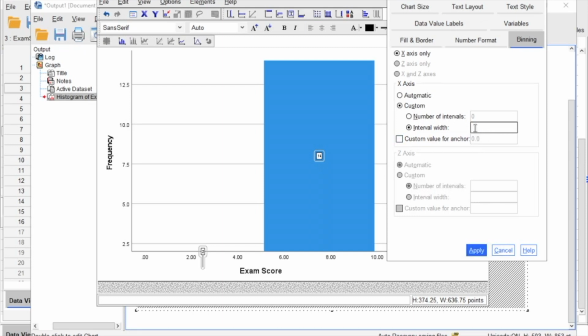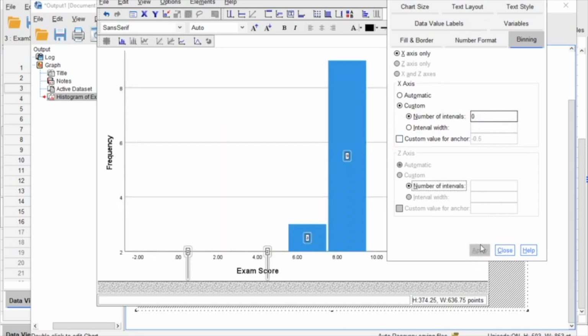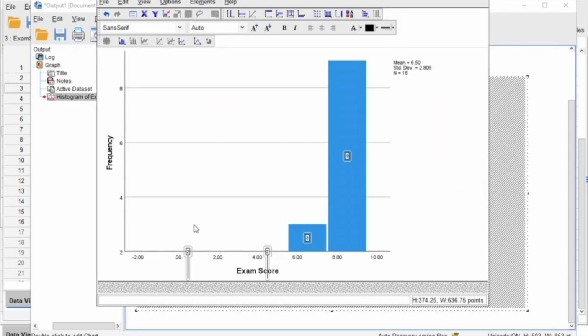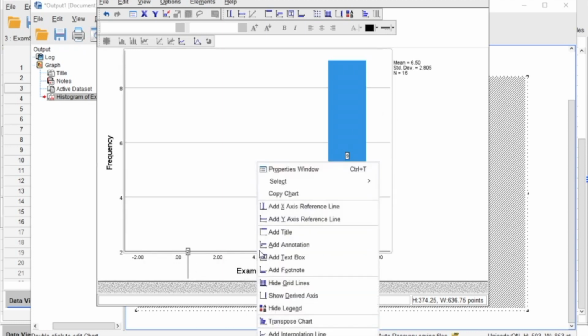So I'm going to change this, but I want to change the number of intervals. I'll change that to 5 and see what happens. So now I split this up. Let me change this. But there's 2 here and then 2. 2 from 0 to 2 and then 2 from